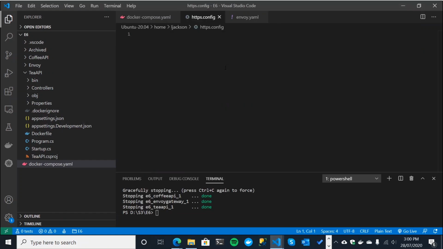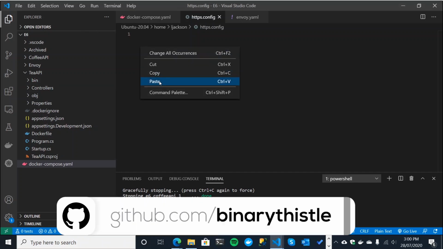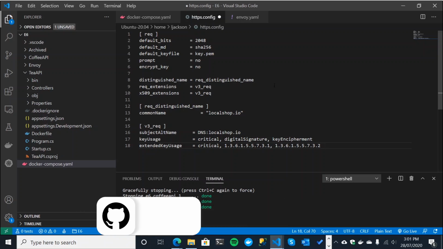So again, it's really quite cool. You can open files from this Linux subsystem in Code. Now, no surprises, when you see this, I'm just going to cut and paste it in. So again, the code is on GitHub. I'll make sure I put this up here as well, and you can just use this.